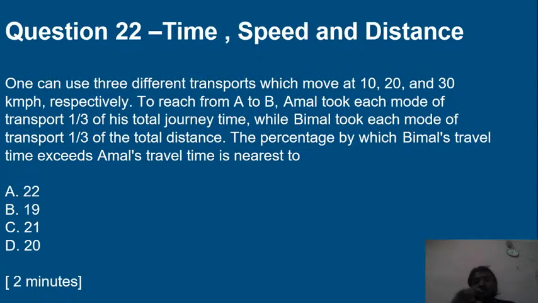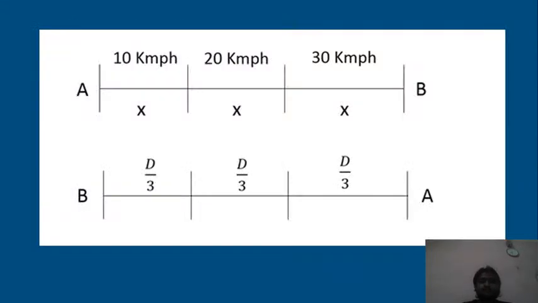Whereas Bimal, if the distance was 3 kilometers, so Bimal covered 1 kilometer at 10 kilometer per hour, another at 20 kilometer per hour, and the third at 30 kilometer per hour. A very tricky question, but very easy to solve. See,